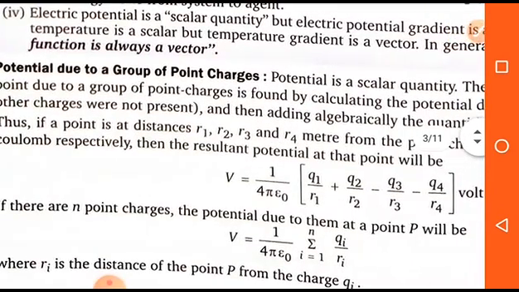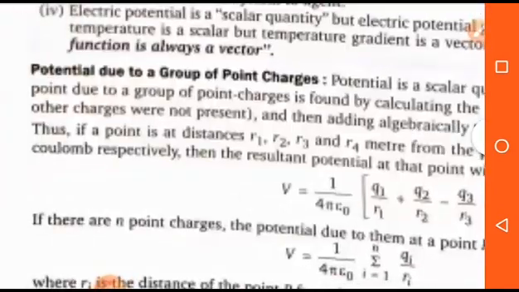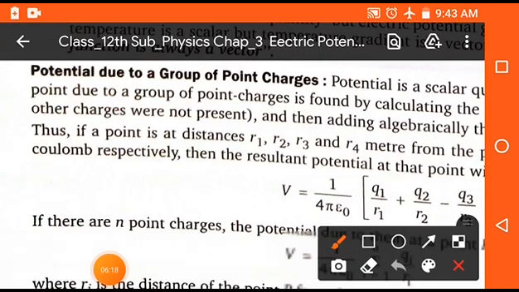Now the next topic is potential due to a group of point charges. If we have a number of charges q1, q2, q3 and so on, we can also take the charges positive or negative, there is no problem. Then the total potential V is defined as